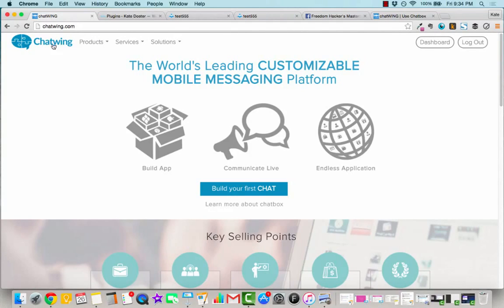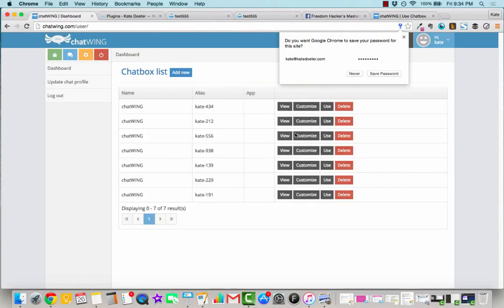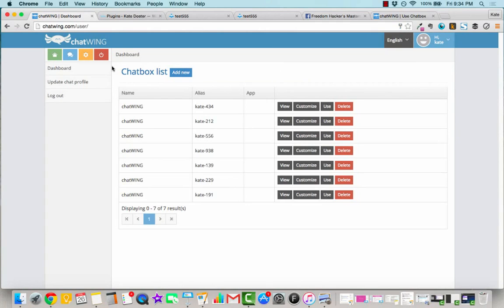So you're going to go over to chatwing.com, and I'm going to log out, but you would hit login or build your first chat. You are going to have to create an account, which is fine, no worries. Log in here. And you are going to notice that I already have some boxes made. But what I want you to do is go to Dashboard, Add New,